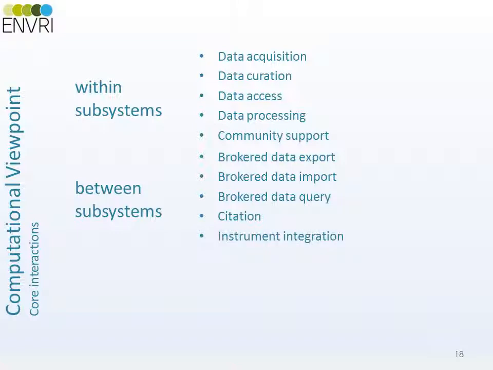Instrument integration handles the integration of new instruments for data acquisition. Internal data staging handles the preparation of curated data for processing. Processed data import handles the curation of results derived from processing. Raw data collection manages the acquisition of raw data from various instruments registered with the infrastructure.